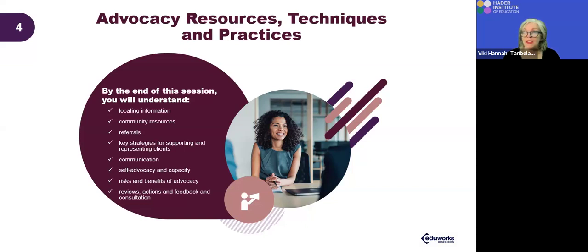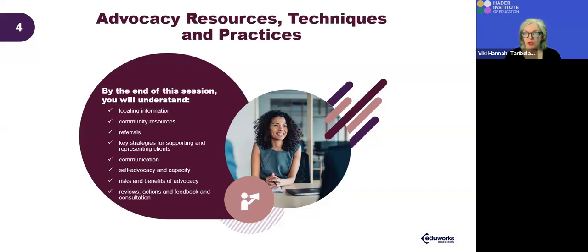You don't help them with the answers because their capacity to be able to advocate on their own behalf is based on a self-assessment, self-advocacy tool, which is part of this unit. Then, of course, what are the risks around being an advocate? And there's definitely risks, and then the benefits of that as well. So we need to make sure that we only represent what our client says, but there are laws and you can be held responsible if you work outside the scope of what an advocate can do.